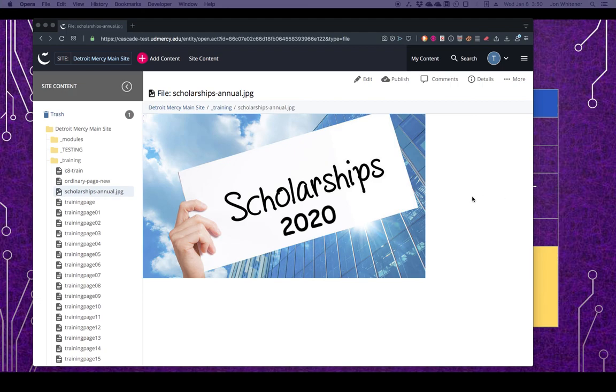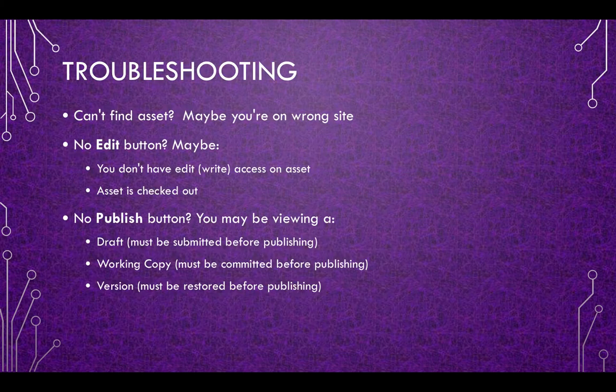The last thing we're going to cover is just a few troubleshooting points. Once again, as I mentioned before, if you're looking for an asset and you can't find it, maybe you've even used the Cascade search option and tried to type in part of the system name and you just can't find it, maybe you're on the wrong site in Cascade.